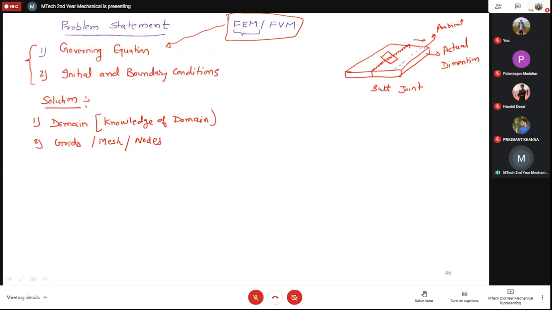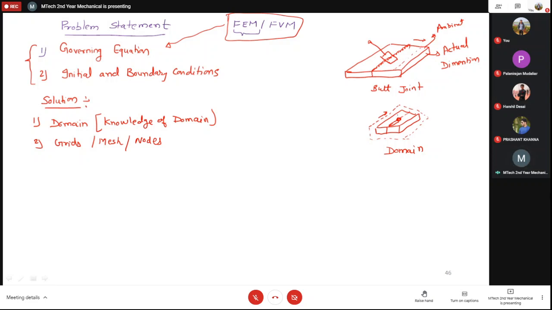Okay, if we are able to analyze this section, let me magnify this section. If you look at the magnified view, you will again find a similar type of view. So let's say the heat source is moving in this direction. Okay, so this is a small domain. So this is our domain. We'll choose the small domain. Why are we choosing this small part as the domain? Why have we not taken the whole thing as the domain?